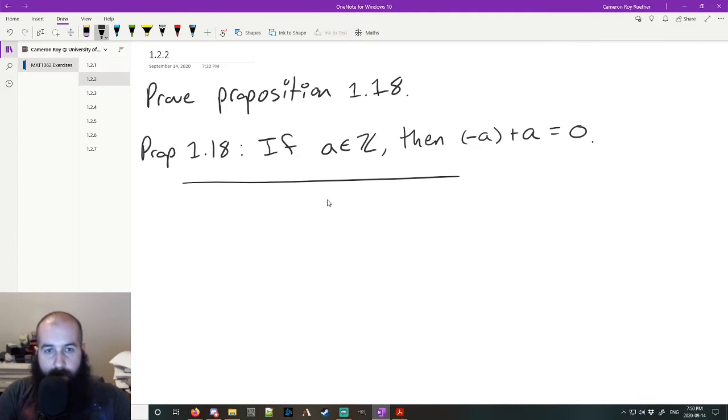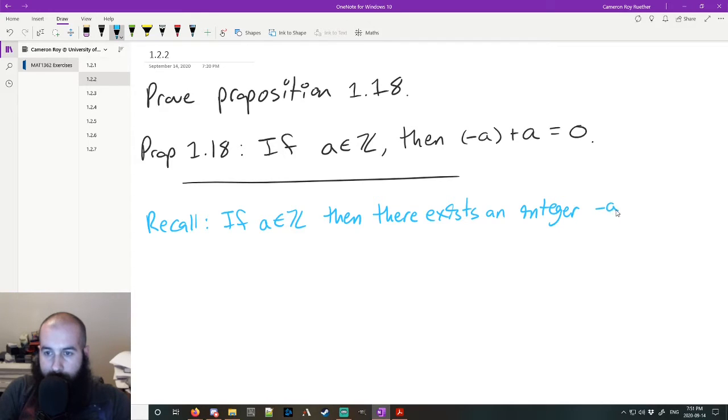The second exercise is to prove proposition 1.18, which states that for an integer a, negative a plus a is equal to 0. Again, this looks very similar to something we have as an axiom, but let's recall what the actual axiom says. It says that if a is an integer, then there exists an integer